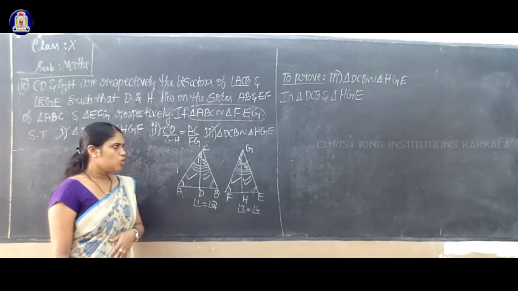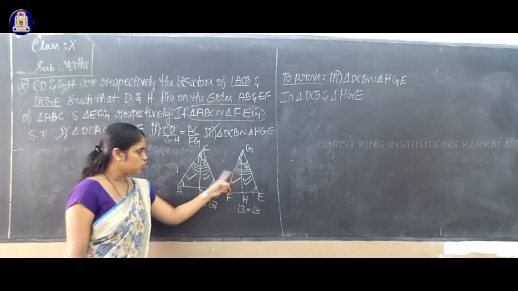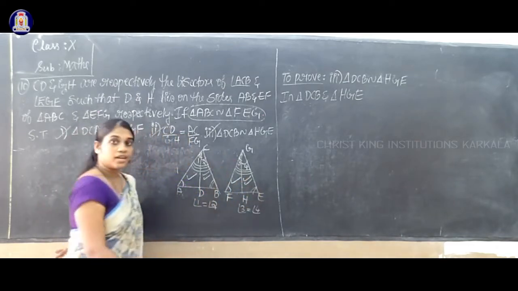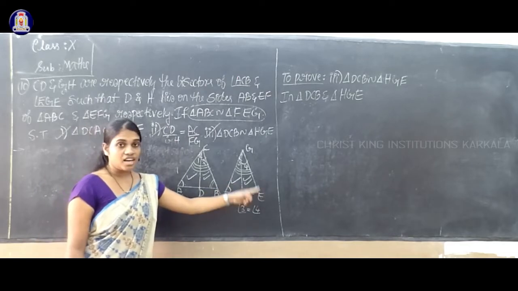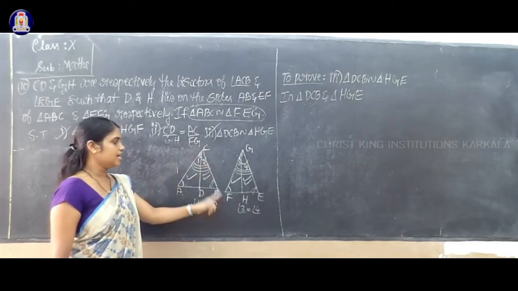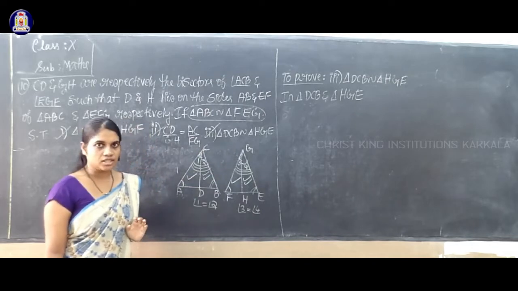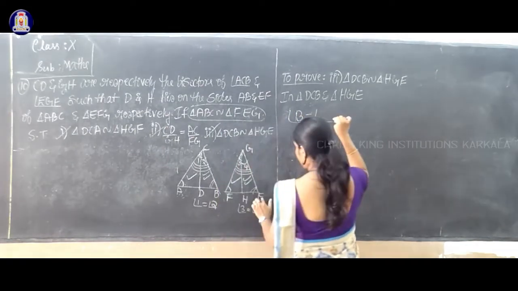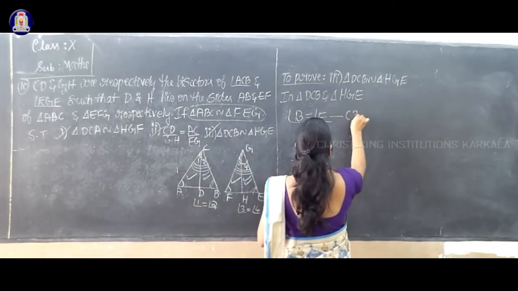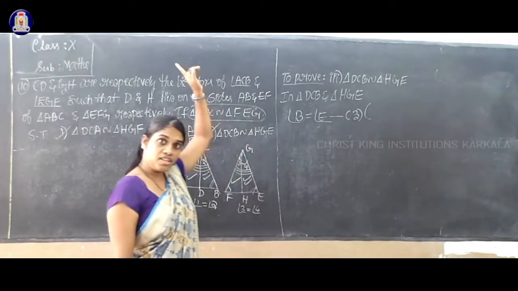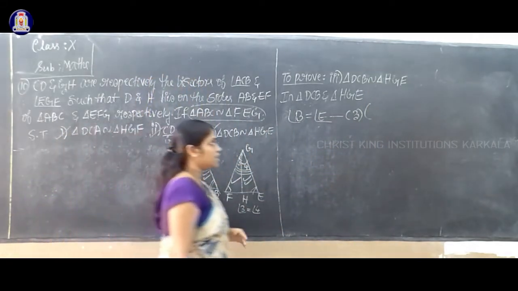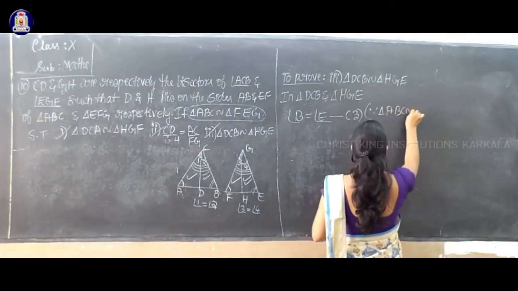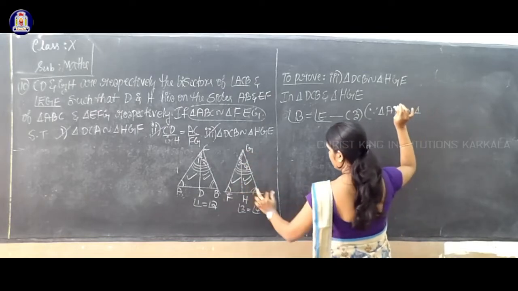Which are the equalities? You just compare these two triangles. Can you observe here angle B is equal to angle E? Reason: B and E are the corresponding angles of triangle ABC and FGE, isn't it? So I'll write here first one, angle B equal to angle E. I'll consider it as equation number 3. What is the reason? Reason, at the beginning I already informed: since triangle ABC is similar to triangle GFE.